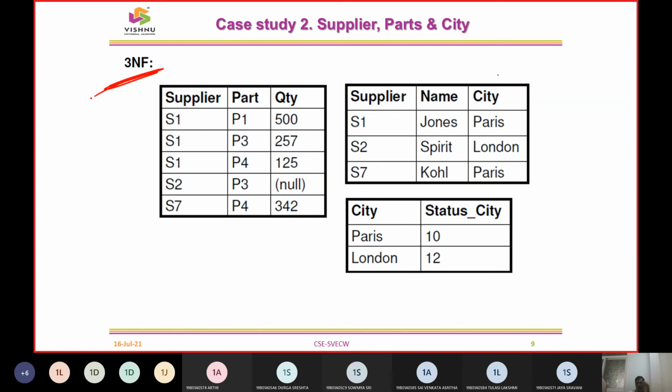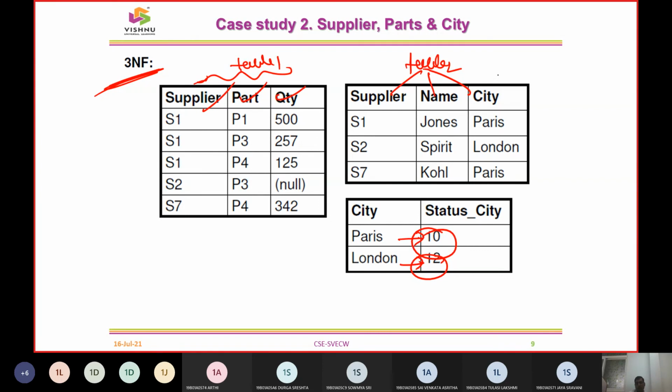So next was to check the third normal form. In this third normal form, the extension we are going to take up is that we can divide the main table, that is table 1, into supplier name, part name and quantity. Next we can have table 2 with supplier name and city, which is not at all directly related to the parts and quantity of the table. And finally, every status city is going to have some code. So Paris is located with 10, that is the zip code. London is going to have some zip code, 12. So in this way we are going to get these values.